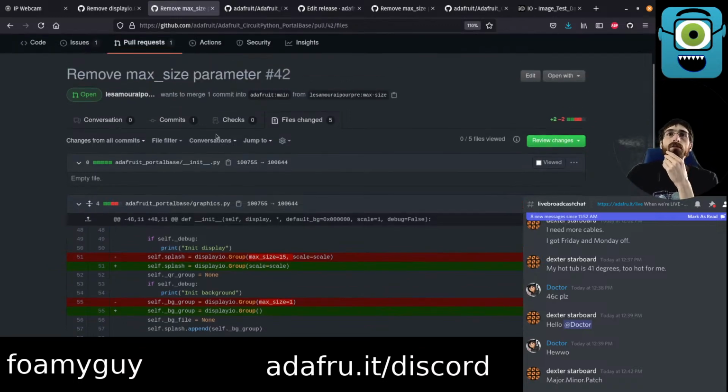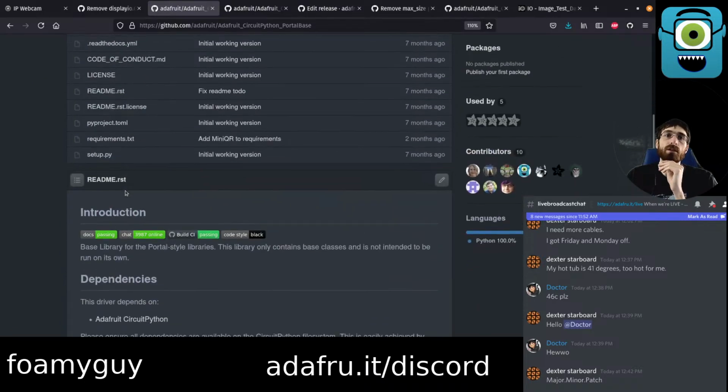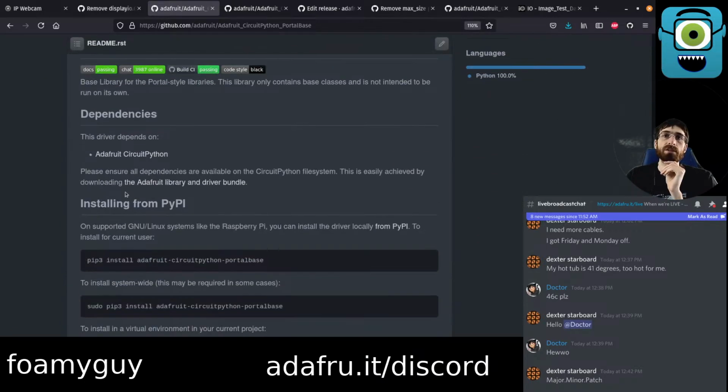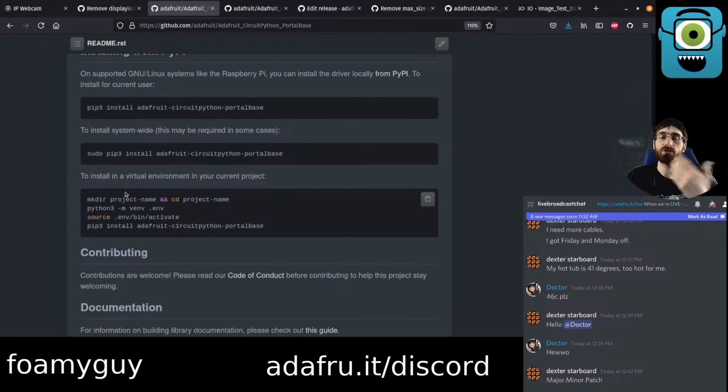I think we could do this one. There are no examples in Portal Base because it's a higher level library that is then used by the other libraries like PyPortal and MagTag, and there's a Funhouse library now as well, maybe that uses it. Matrix Portal,